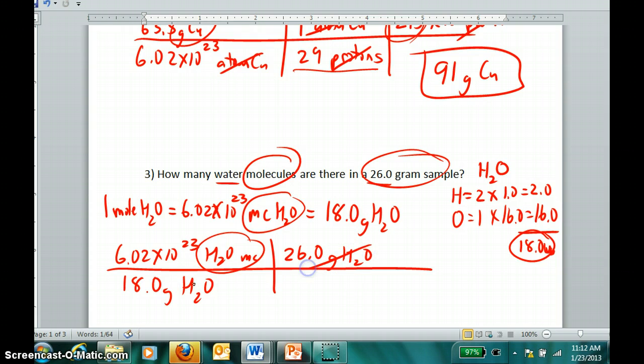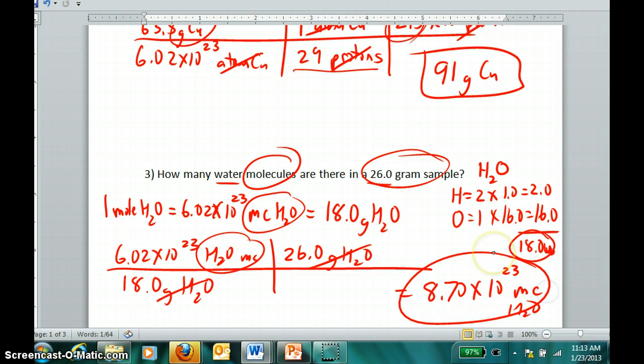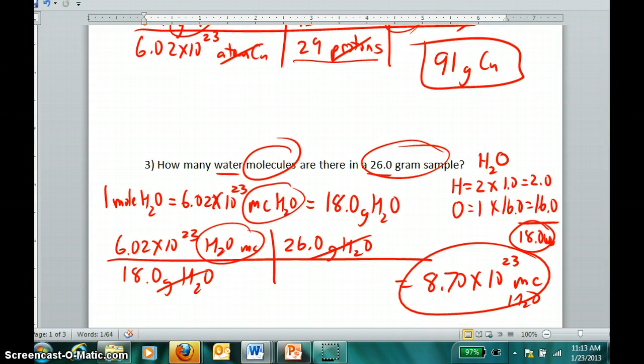And when I multiply out, I'll be left with a number of water molecules. And with 3 digits, I get 8.70 times 10 to the 23rd molecules of water. That's a whole lot of water. Now, as a further example,